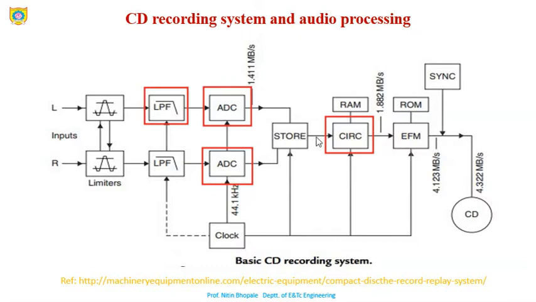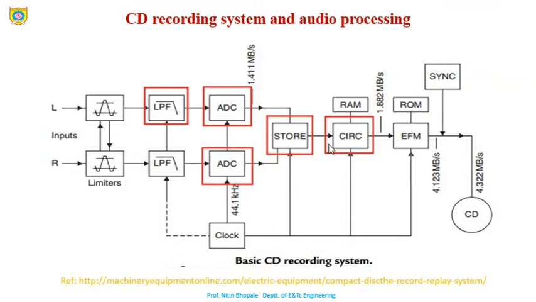Hence it is done in an alternate manner, but it will be arranged in a sequential manner. First it will take data from the left, then the right, like this, but in a slicing manner. That is why this particular block is mentioned over here. It has the simple purpose of storing the signal obtained from the ADC.